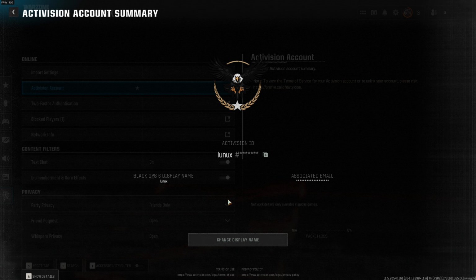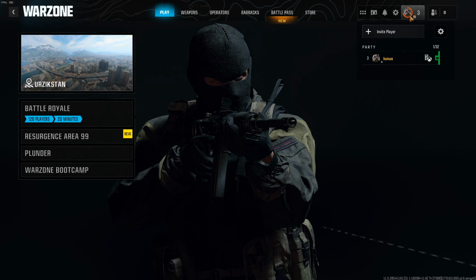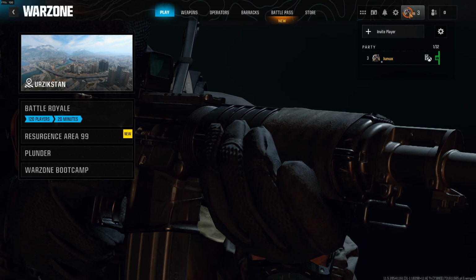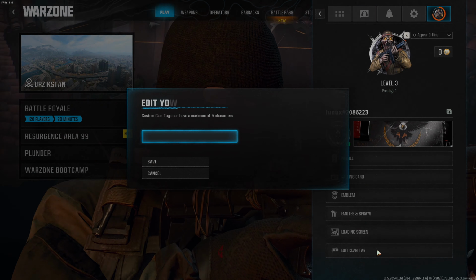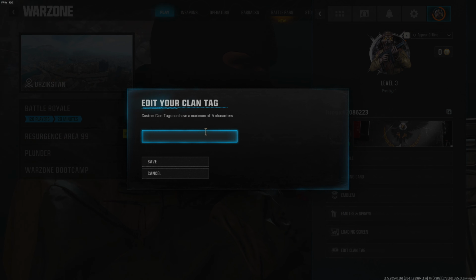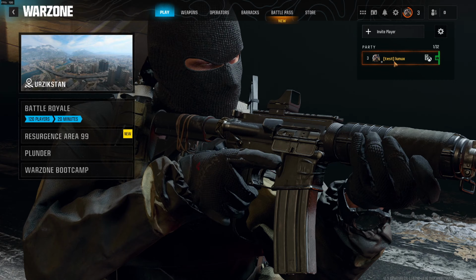If you want to add a clan tag, go all the way back again to your Warzone menu and then go to your profile on the top and all the way down to edit clan tag. Then you can type in up to 5 characters and click on save, and now you have your clan tag